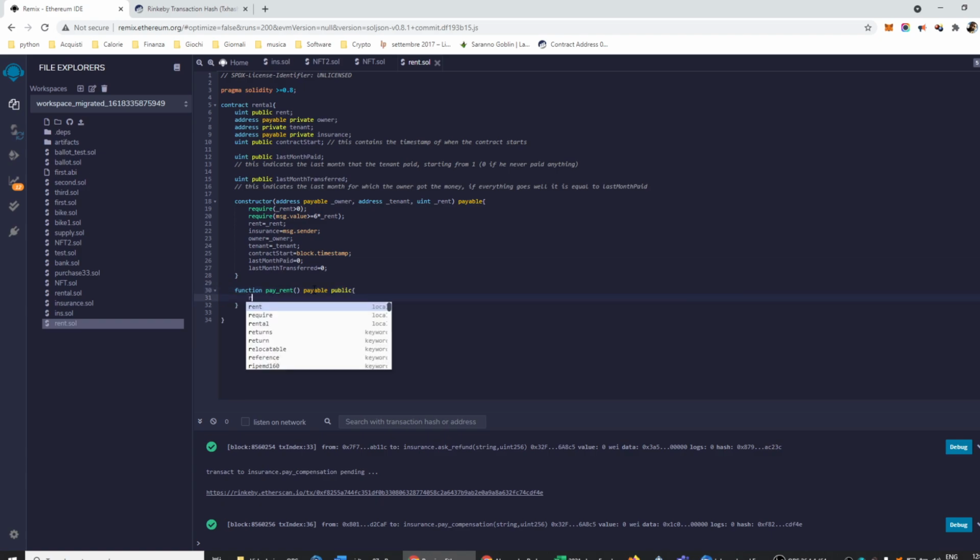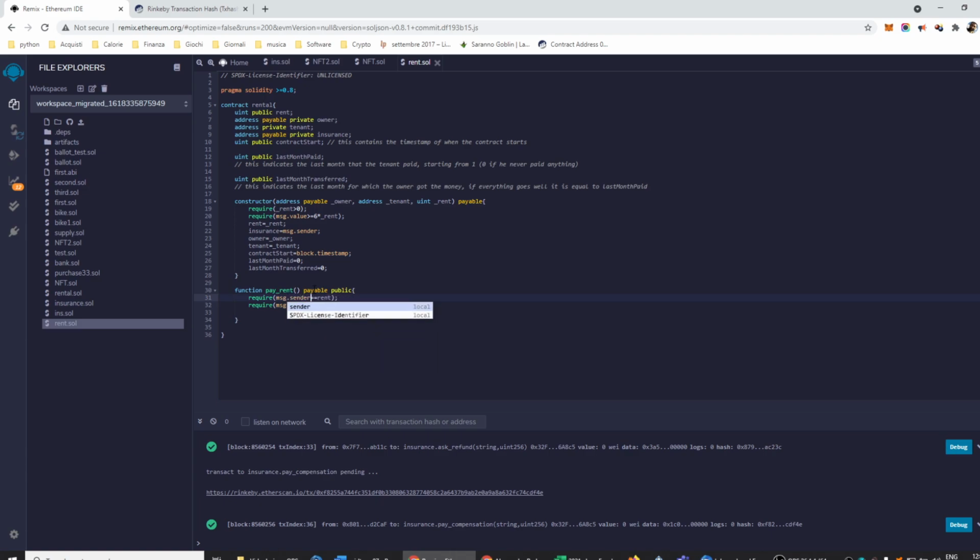So first of all, we require that the message value be exactly equal to the rent. It could be smaller or equal, but just to avoid that it pays too much, let's write it like this. And then we require that who pays